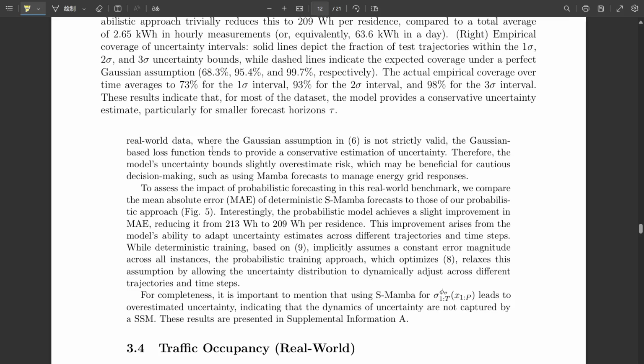The Brownian motion problem. Right. Understanding when and why a model architecture might struggle because of its core assumptions, that's crucial scientific progress. It points directly to where future research needs to go. So for you listening, you've now got a much deeper sense of this specific technique, Mamba-ProbTSF, how it works, its strengths, the Gaussian assumption, the training, the evaluation metrics like standardized residuals and KL divergence, and its key limitations tied to the underlying SSM structure. It really moves beyond just, here's the prediction, to something much richer. Here's the likely prediction, here's a range we expect around it, and here's a measure of our confidence in that range derived from a principled probabilistic model.